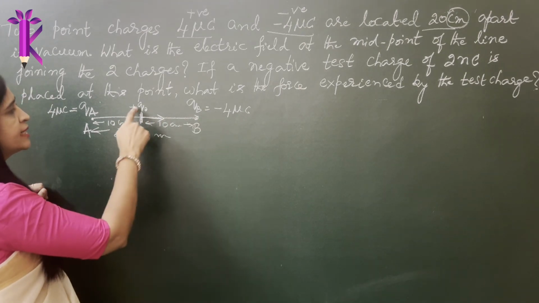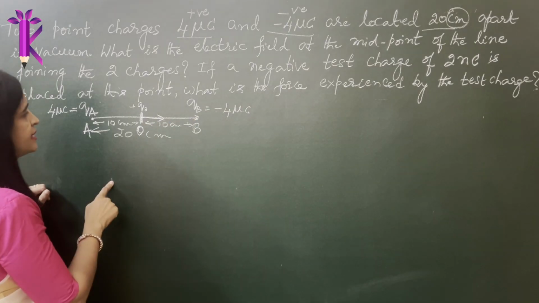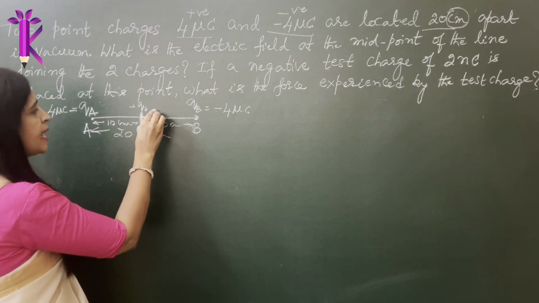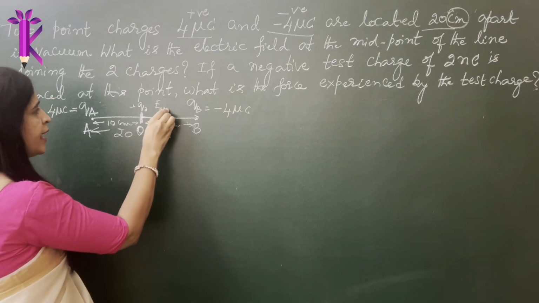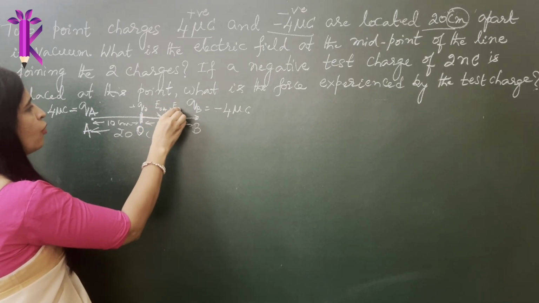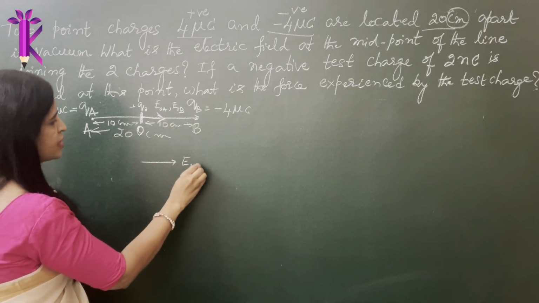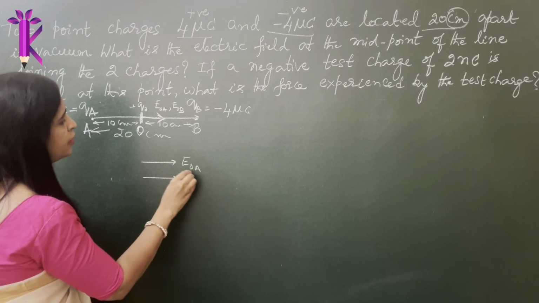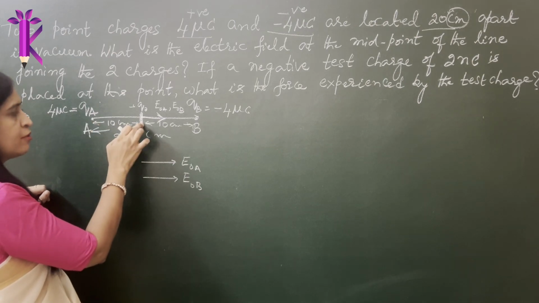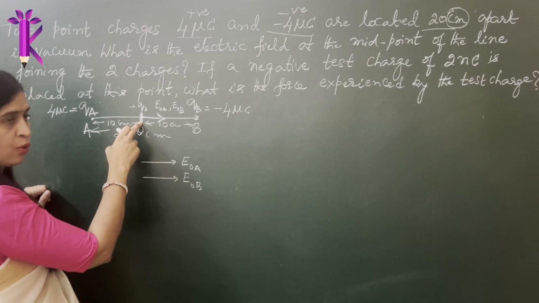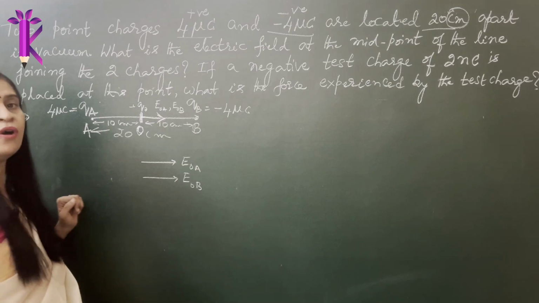Now what will happen to the test charge due to B? It will attract because it has a negative charge, unlike charges attract. Will the force of attraction be same as the magnitude of force of repulsion? Yes, that is true. So electric field at O due to A and also electric field at O due to B act in the same direction. They both not only act in the same direction but also have same magnitude, because again the distance of separation from A to O, and from B till O is same, which is 10 centimeter, and also the magnitude of charges is also same, right?